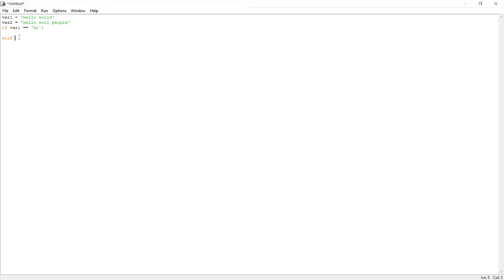It works similar to the if statement, except it can only be used after the if statement is false. So if variable 1 equals hi and it actually is hello world, then the statement is false. But we can move on to the second statement, which is elif. Now if you want to check variable 2 equals hello